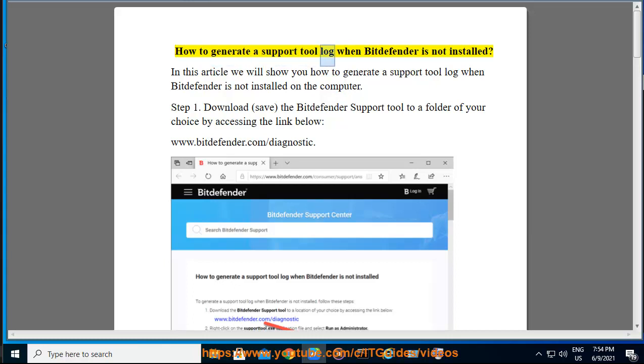How to generate a support tool log when Bitdefender is not installed. In this article we will show you how to generate a support tool log when Bitdefender is not installed on the computer. Step 1. Download and save the Bitdefender support tool to a folder of your choice by accessing the link below,